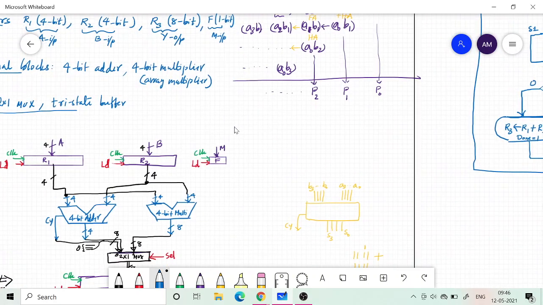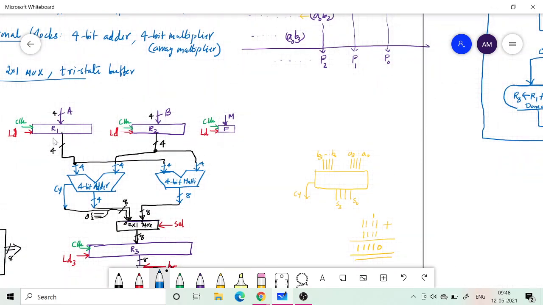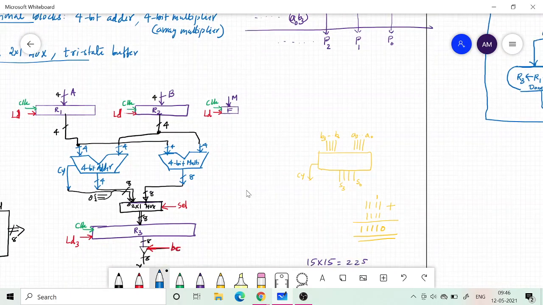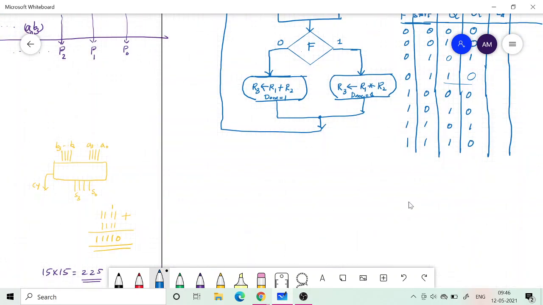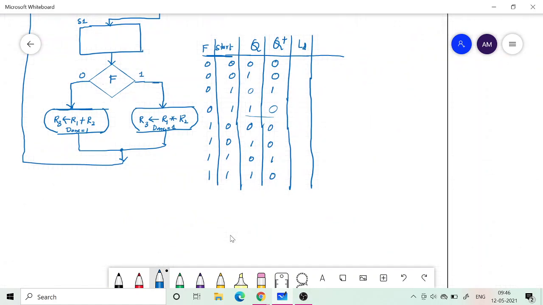So we need to go back to the data path. So I denoted LD. Then the other is select, and LD3 and BC. Okay, buffer control. So let us list out select. That is another control signal. Then we have two more, LD3 and BC. Okay, buffer control.